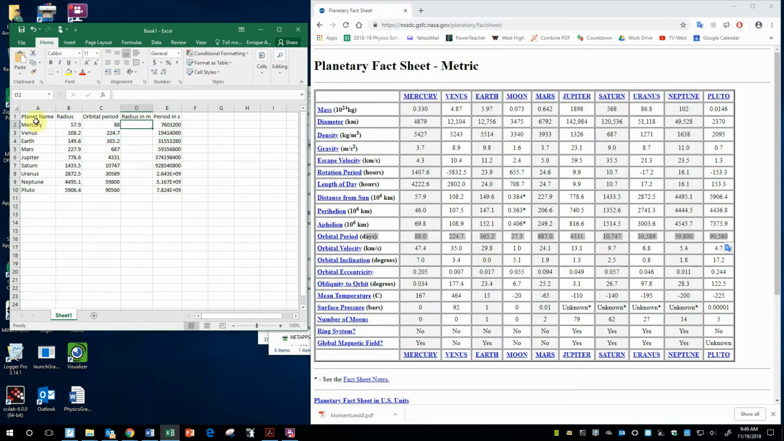Awesome. How do I get these to meters? Well, if I look over at this table, distance from sun, 10 to the 6th kilometers. So what I'm going to have to do is times by 10 to the 6th to get kilometers. But if I want meters, I want to times it by 1,000 times 10 to the 6th. So here's what you do. Equal sign, because I'm manipulating numbers. Click on your radius. That's your B2 number. Times 10 to the 6th. That'll get me